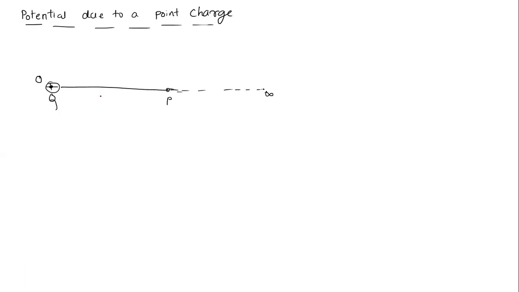Now this point P is at a distance of, let's say, R, from O to P. Now I'm going to consider two points here. Let's say one point is R, and one more point, let's say R prime, and these two points are separated by a small distance,